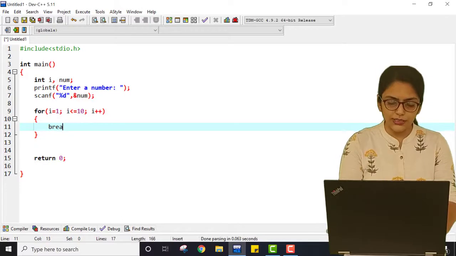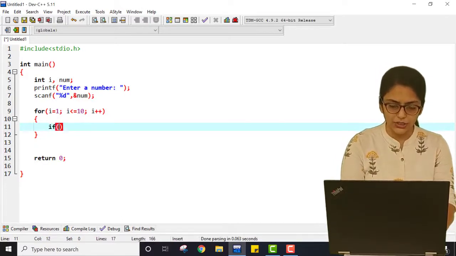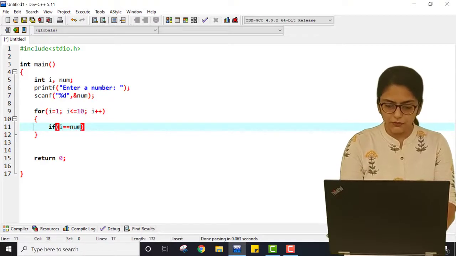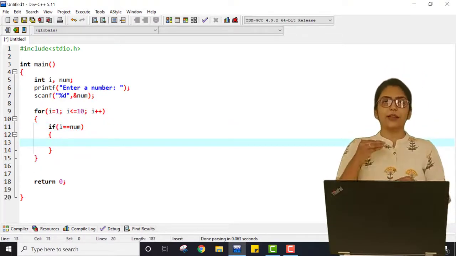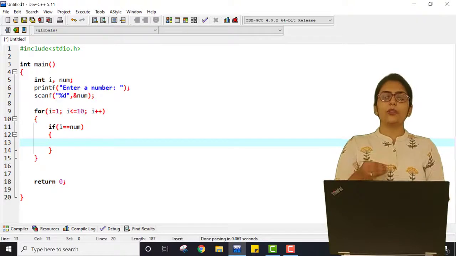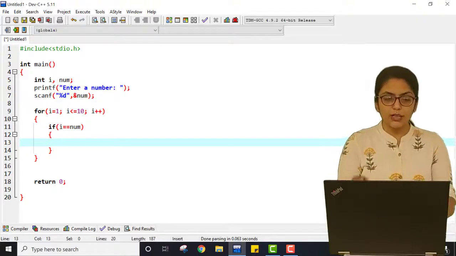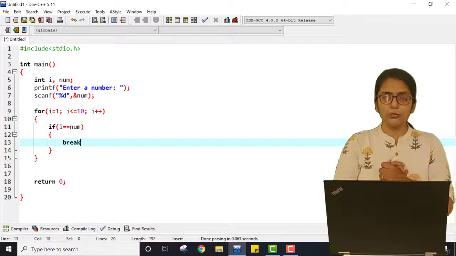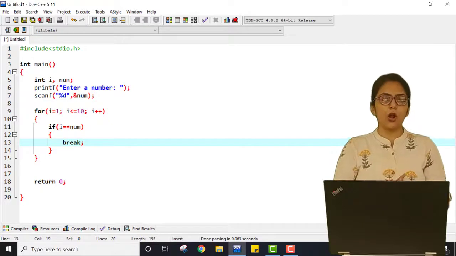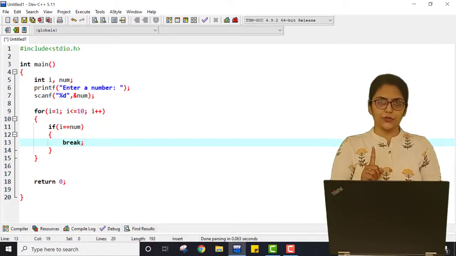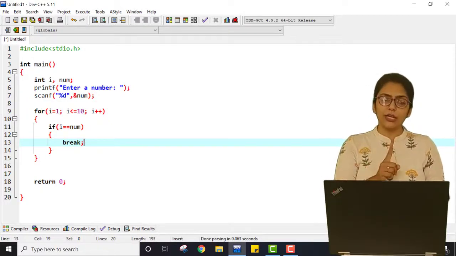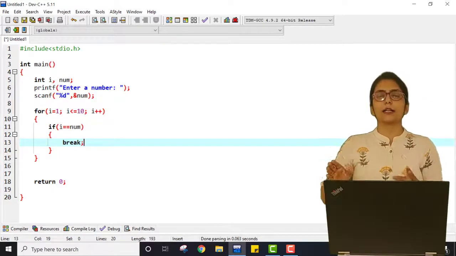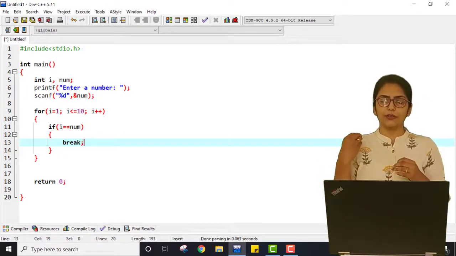Instead, I am giving a condition: if i equal to num. If the value of i is the same as the value entered by the user, then only break will be called. So break will not be called for each iteration. It will be called only when the value of i is equal to the number entered by the user.